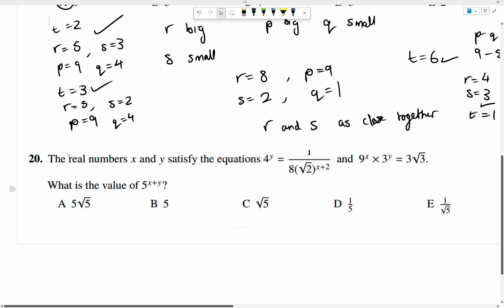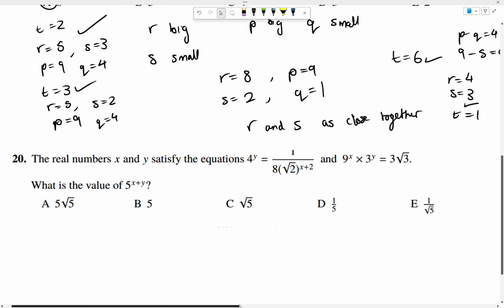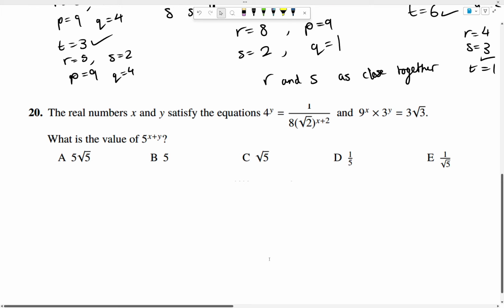This one: the real numbers x and y satisfy the equation 4 to, I'm not going to read that all out, but they satisfy those two equations, and it's asking for the value of 5 to the power of x plus y. So this is kind of like a GCSE type of thing where you'd rewrite everything as the power of the same